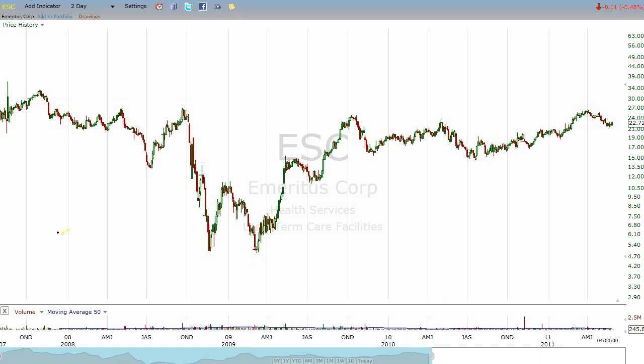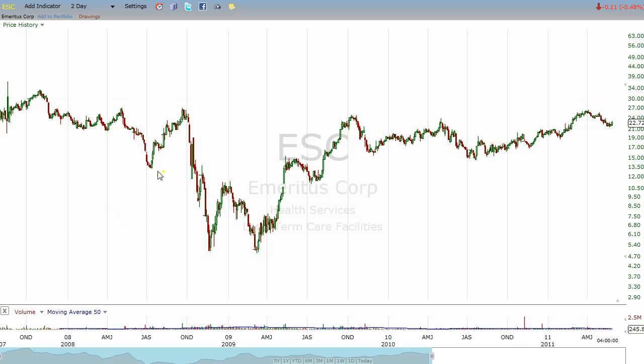We also, when we draw trend lines, want to make sure that we are picking points that really make sense. Okay? And by the way, trend lines get trampled on quite frequently. I mean, they're not infallible. You can't draw a line and say that's a line in the sand and it will never be crossed.